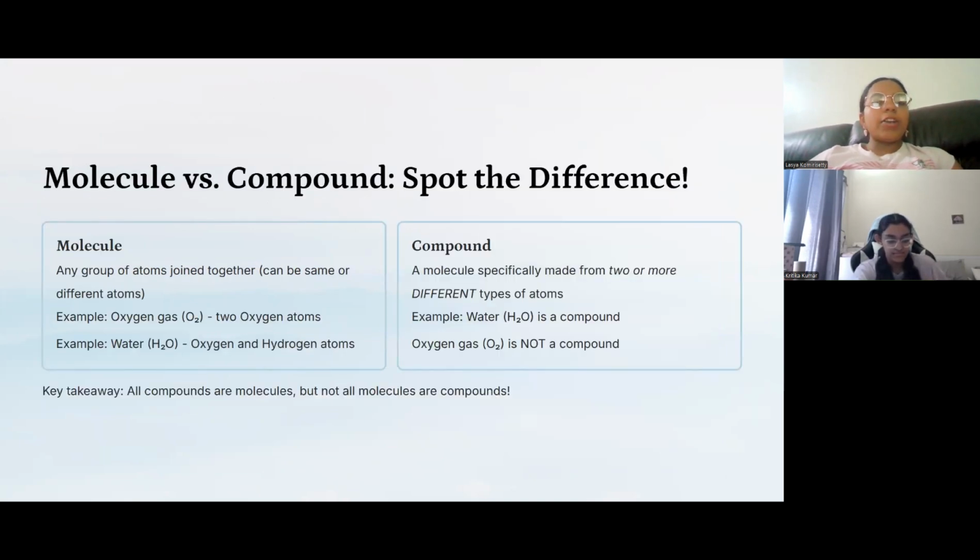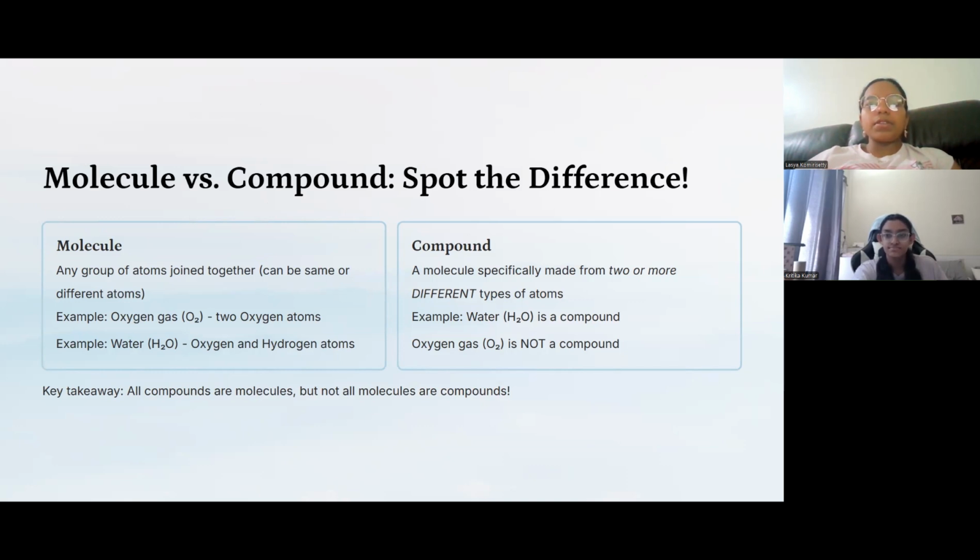Now let's compare molecules and compounds and spot the difference between them. So let's look at what a molecule is again. Any group of atoms joined together, which can be the same or different atoms, right? Examples are oxygen gas, O2, which has two oxygen atoms, or water, H2O, which has oxygen and hydrogen atoms. Then we have compound, and like Kritika said before, it's a molecule specifically made from two or more